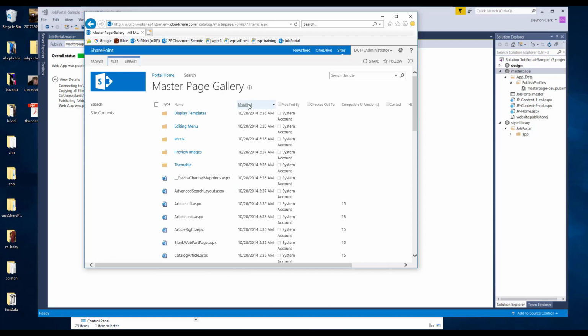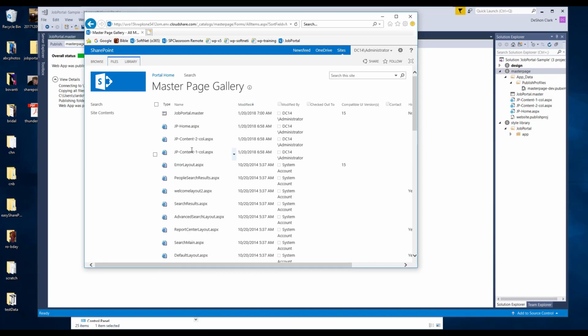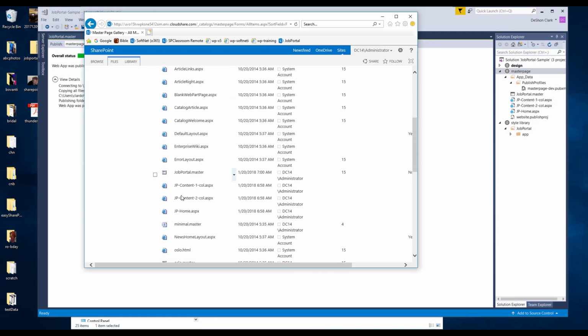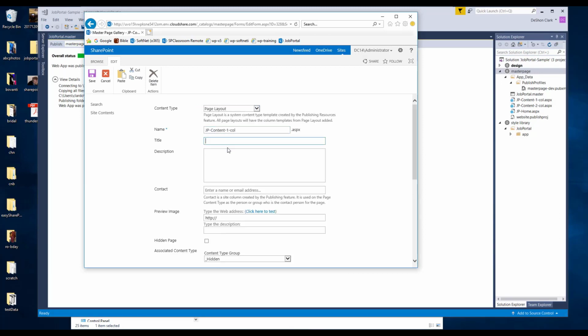Now what we want to do, let's go ahead and sort this by modified. Okay, you see how nice it is with the renaming, how all my JP stuff is there? Oh, because I sorted by modified. Okay, if I sort by name, you see how nice it is that all my JP stuff is there? Okay, so now let's go in here and edit the page layout. We want to make sure this is page layout. JP, single one column layout,